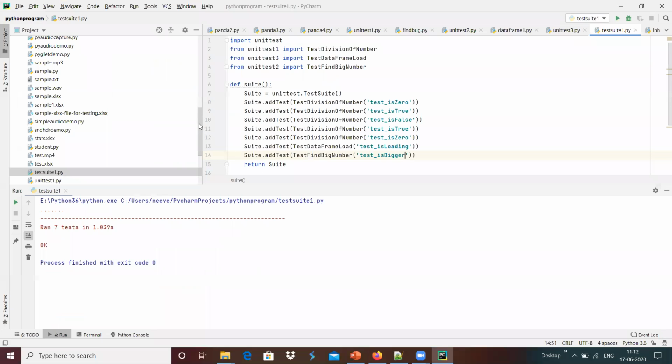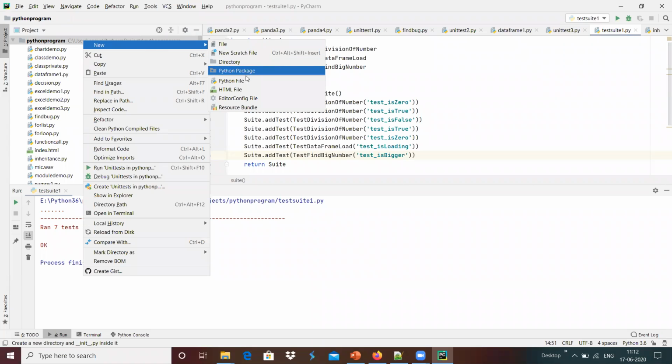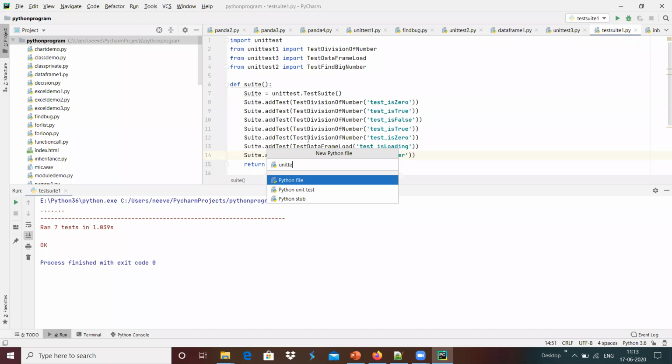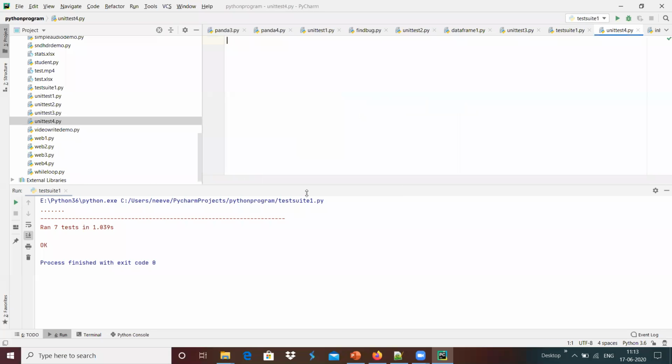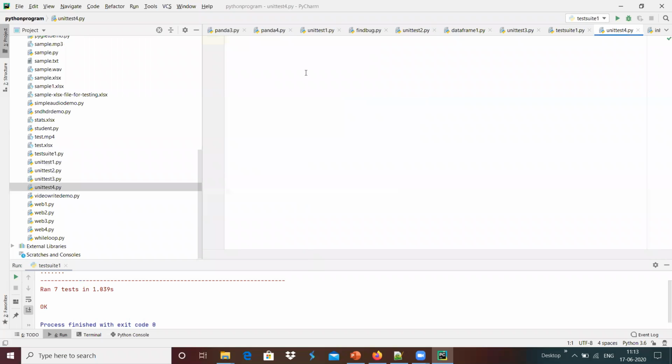For example, I'm going to create a unit test 4.py over here, and import unit test, and then I'm going to create a class test skip equals unit test dot test case, and define a test case something like test is 0 over here.